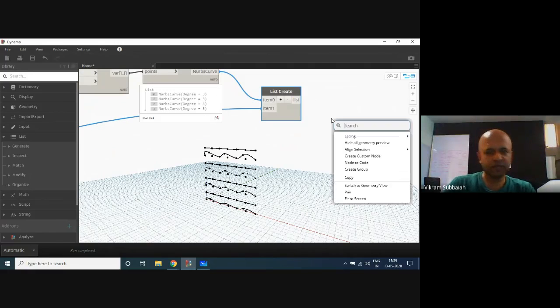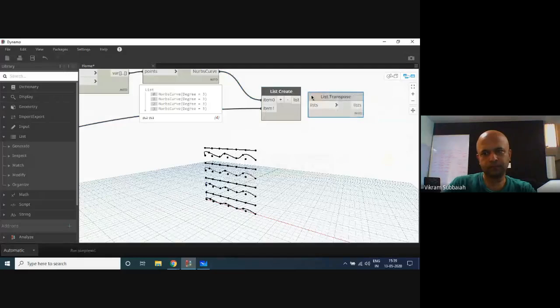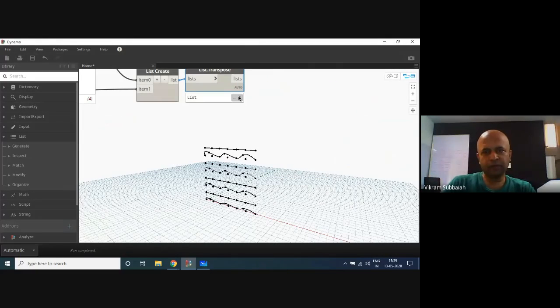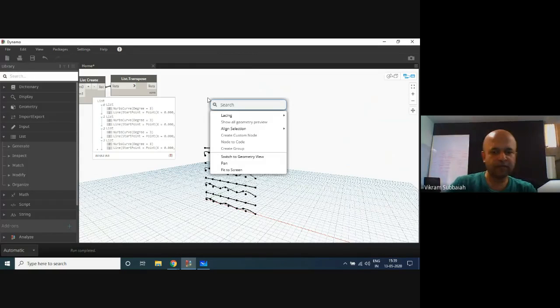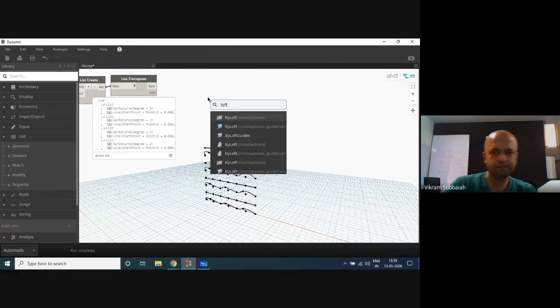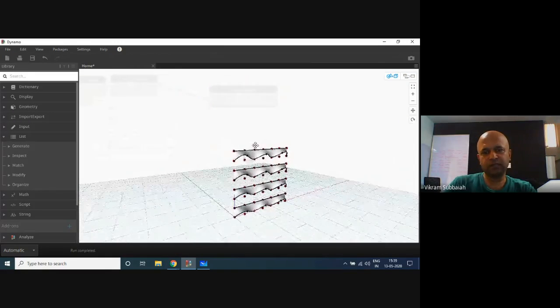We got this, now I transpose. So what I would have got is a grouping of a NURBS curve and a line. Now I say loft by cross section, and you got this thing. So this is one thing.